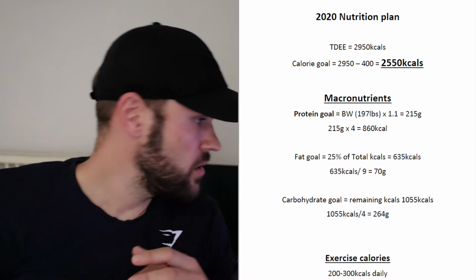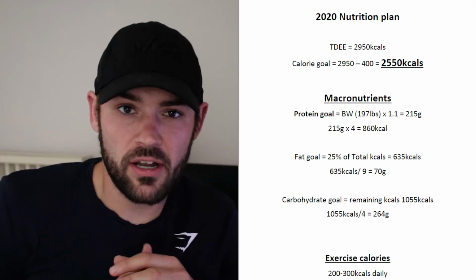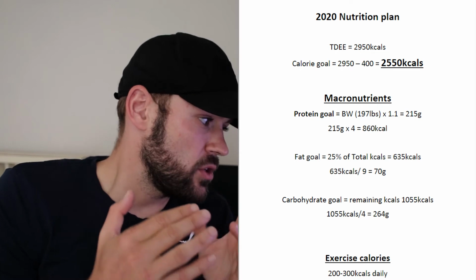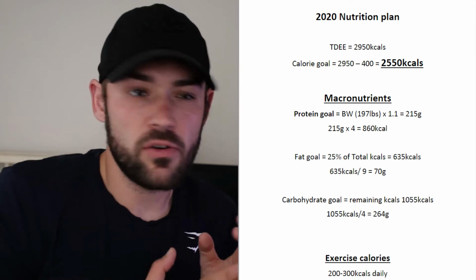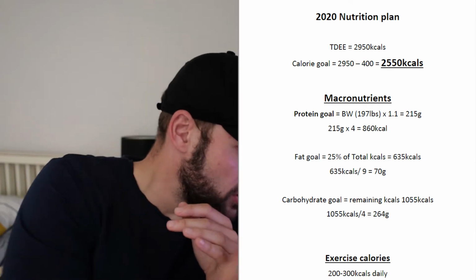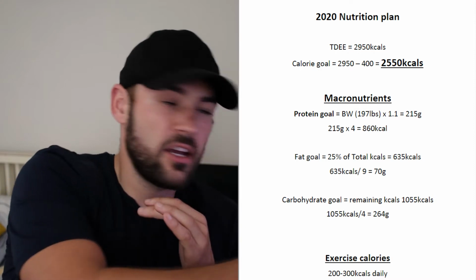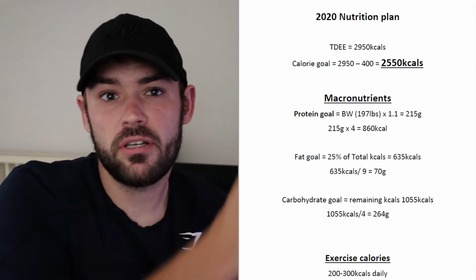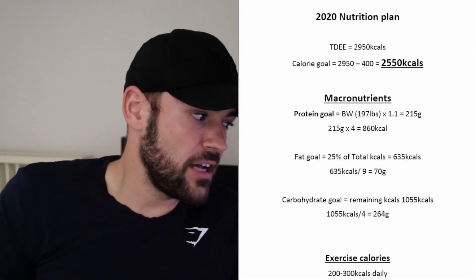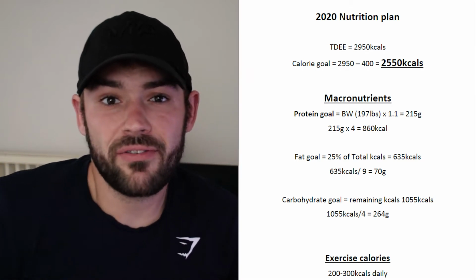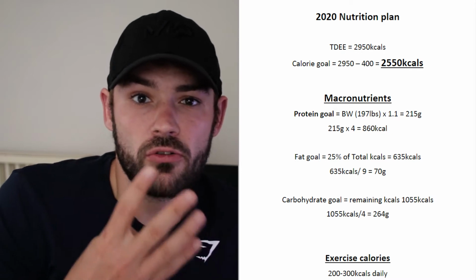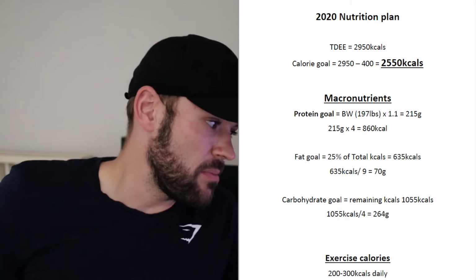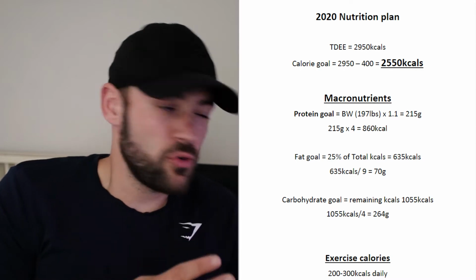grams. Okay, so on to the last one now, which is going to be our carbohydrate goal. Now carbohydrates, you're just going to use the remaining calories that you've got left, which I have 1,550 left when I take off my protein calories and my fat calories off my total calories. I have 1,550 calories left, and all I'm going to do is divide that by 4, because there's 4 calories in 1 gram of carbohydrate, and that is going to give me my carbohydrate macronutrient target, which is going to